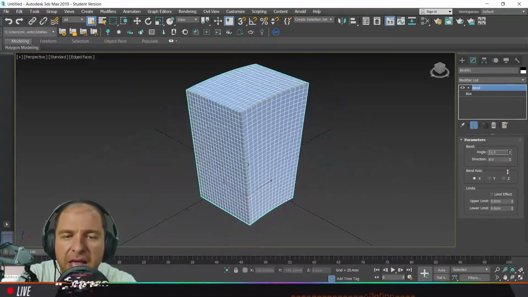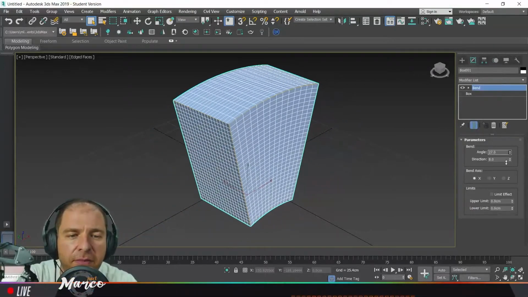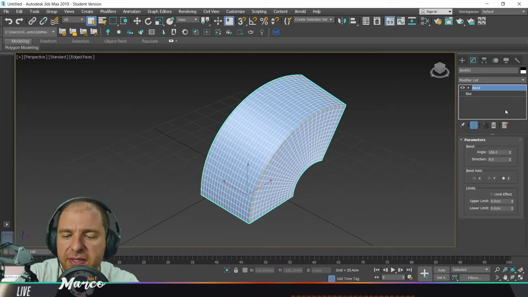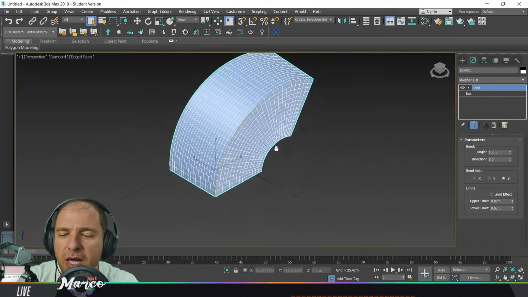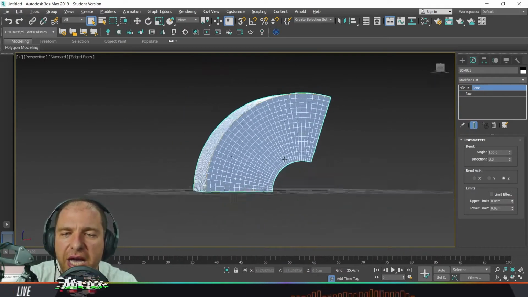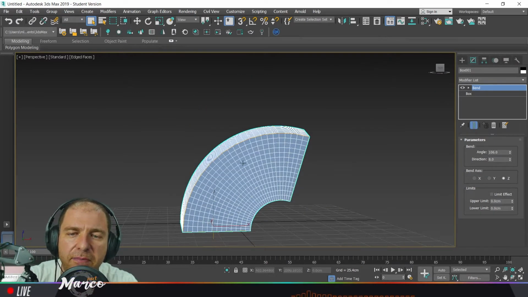Okay? Another interesting aspect of using bend is that you can limit the effect. So let's see what happens if I limit the effect. What it means, as you may see, if I change my point of view, I can see that from where my pivot point is placed, the entire box is